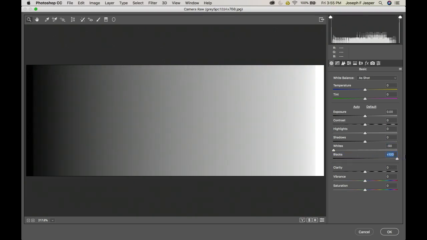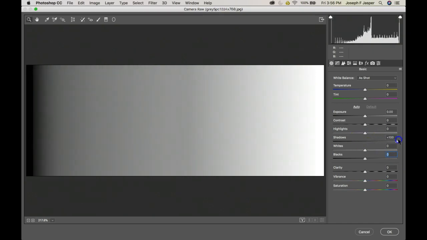So 0 is 0 even when you try to recover it, and 250 is 250, and you can't recover any more than that, but the subtle shades adjacent to it are recoverable. Another method to do this is to bring up the shadows, bring down the highlights. You see there's still some gradient, mostly a fairly medium gray in between, with a white bar and a black